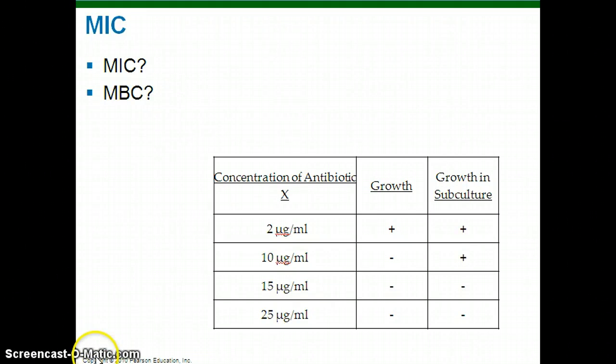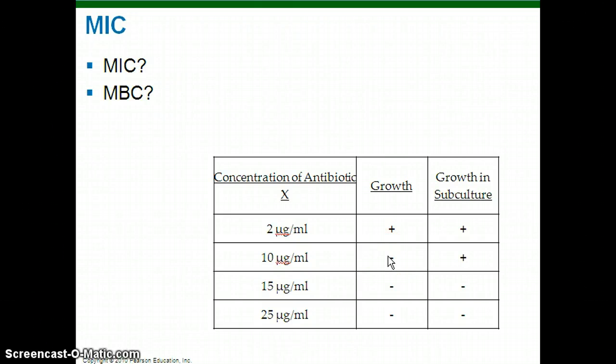So let's look at these really quick and let's see if we can determine the MIC and the MBC. The minimum inhibitory concentration is going to be the lowest concentration that prevents growth. So if we look here, we have concentration, this lowest antibiotic concentration going to the highest concentration. We see that with 2 there is growth, but there's not growth with 10. So the minimum inhibitory concentration is going to be these 10 micrograms per milliliter. The reason why is because when it is with the antibiotic, there is no growth. But let's see what the minimum